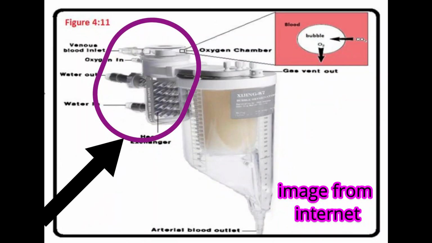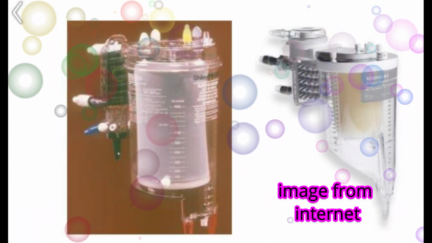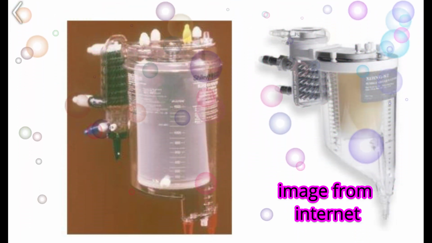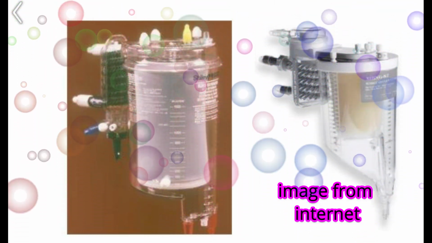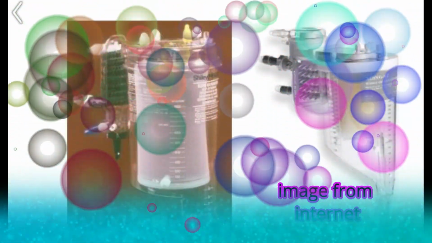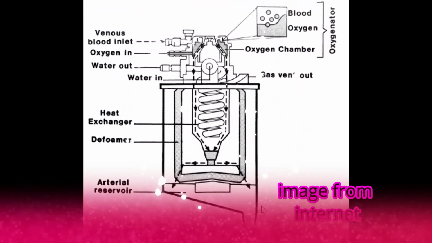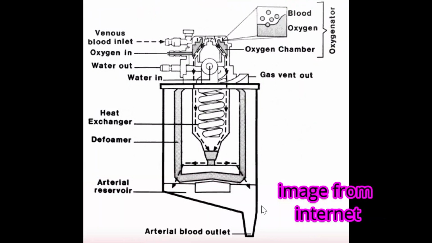In bubble oxygenators, venous blood drains directly into a chamber into which oxygen is infused through a diffusion plate. The diffusion plate produces thousands of small oxygen bubbles within the blood. Now, gas exchange occurs across a thin film at the blood-gas interface around each bubble. Carbon dioxide diffuses into the bubble and oxygen diffuses outwards into the blood. The bubbles are in direct contact with the blood,